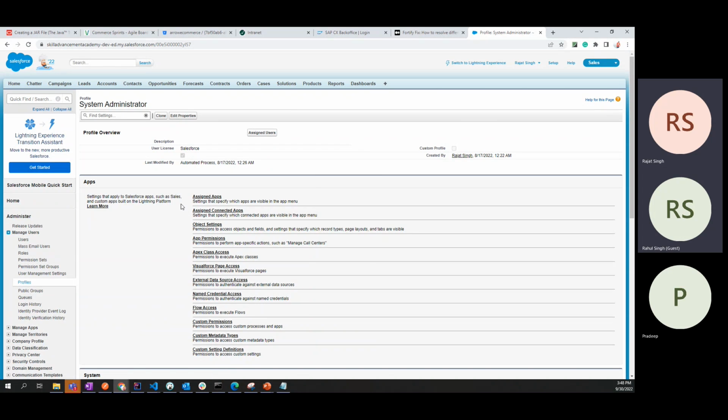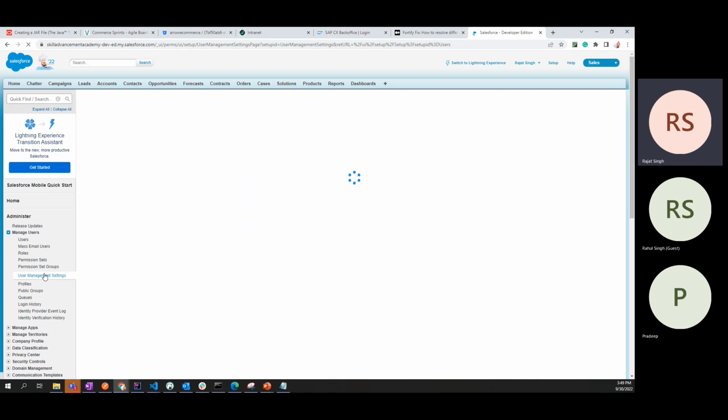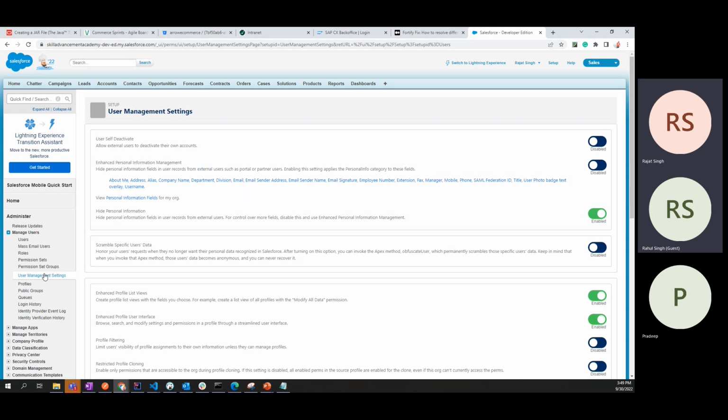If you are in your org, with the system administrator profile, and you are seeing a different UI, let me know, because we learned there is the new enhanced view. If you're not seeing this enhanced view, then we will have to change some setting. I think last time we did that. If you go into user management settings, here you have the enhanced profile user interface. If you disable this and go into profiles,